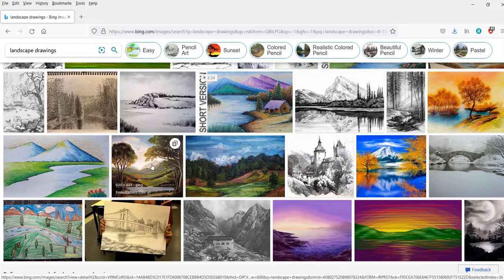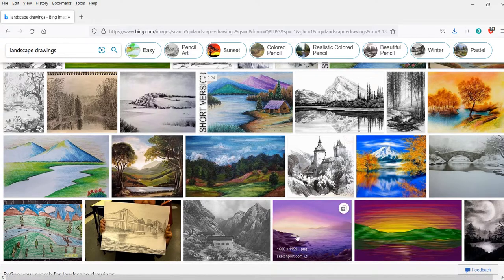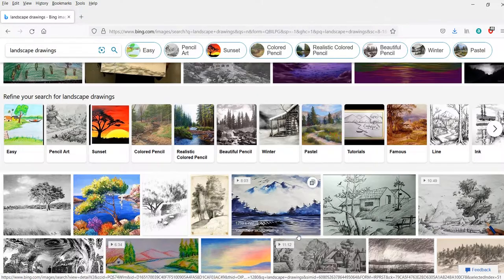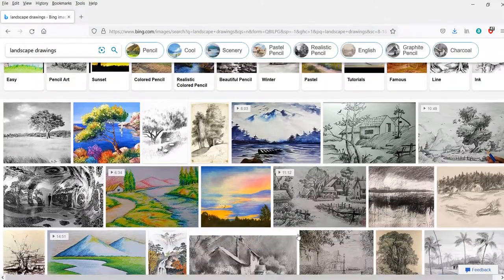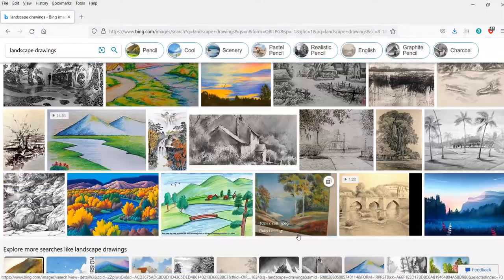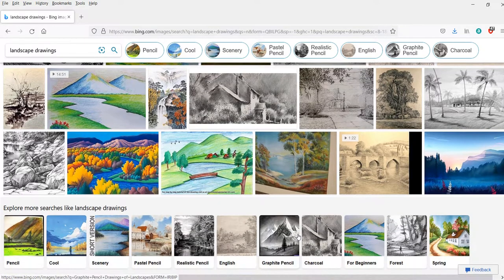showing distance, like mountains in the background usually are more faint or misty than the ones in the foreground, and they tear off. Let me see if I can find an example of that. But if you're doing several mountain ranges that are tearing off into the distance, usually they get fainter and more misty as they go back because the atmosphere has a perspective to it. It has particles in it